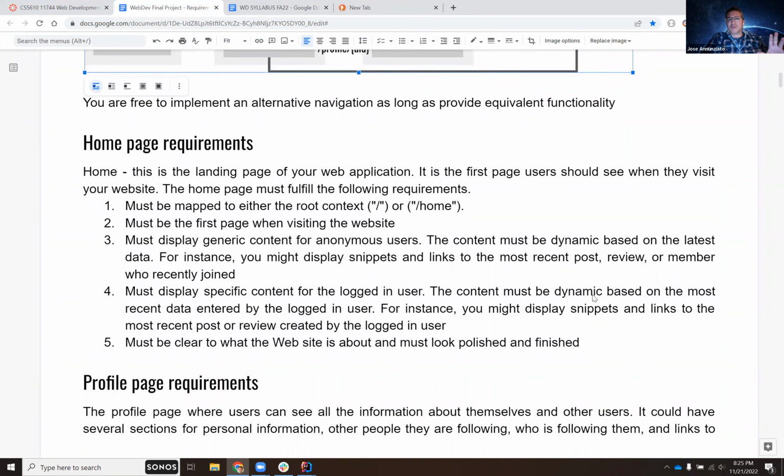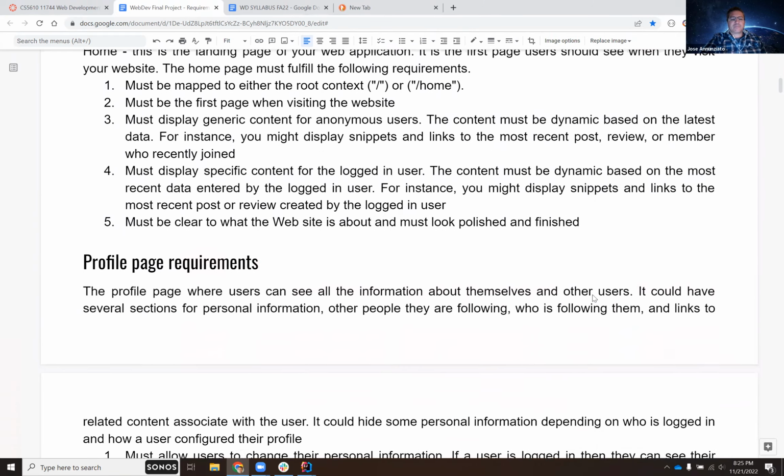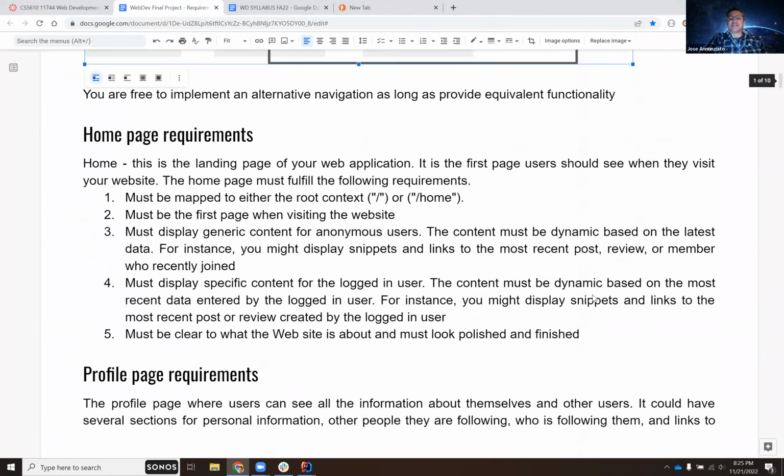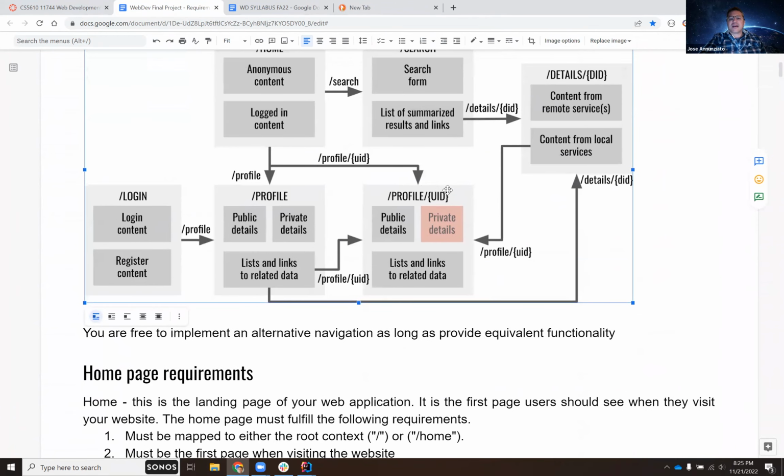With some formal descriptions of the requirements. The profile, the home screen. If I'm visiting somebody else's profile, then the ID of the person that I'm visiting should be encoded as part of the URL. So for instance, if I'm visiting Bob's profile, the URL should be /profile/ the ID for Bob. But if I navigate to my own profile, notice that there is no ID embedded as part of the